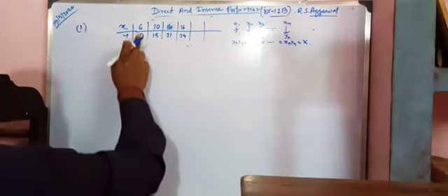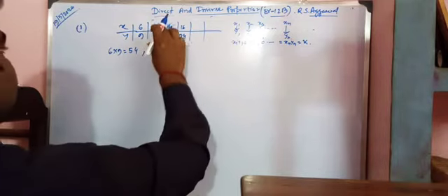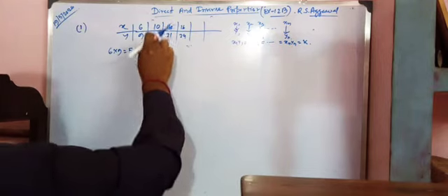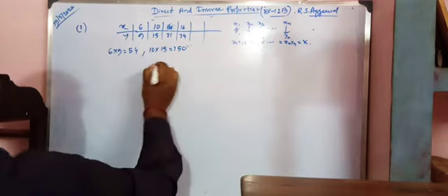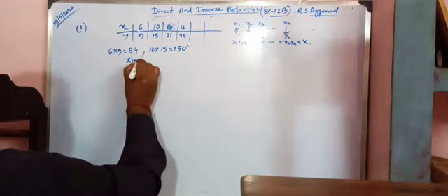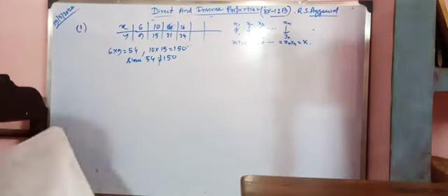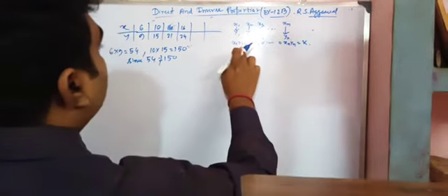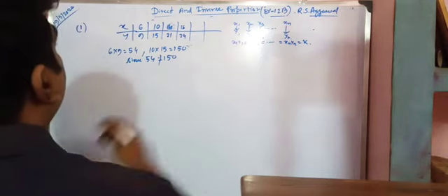Now here we take the first pair, x1 y1. Multiplying, 6 into 9 means 54. Next we have 10 and 15. If we multiply 10 and 15, we get 150. Since 54 is not equal to 150, do you understand? 54 is not equal to 150. So here the chain is breaking, that is, x1 y1 is not equal to x2 y2. From the second step the chain is breaking, so we can say that the numbers are not in inverse proportion.